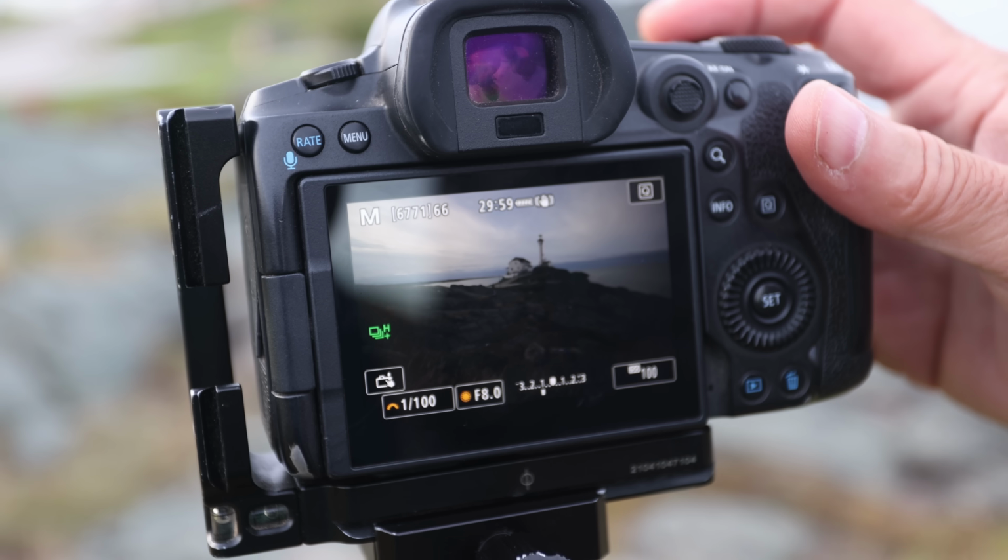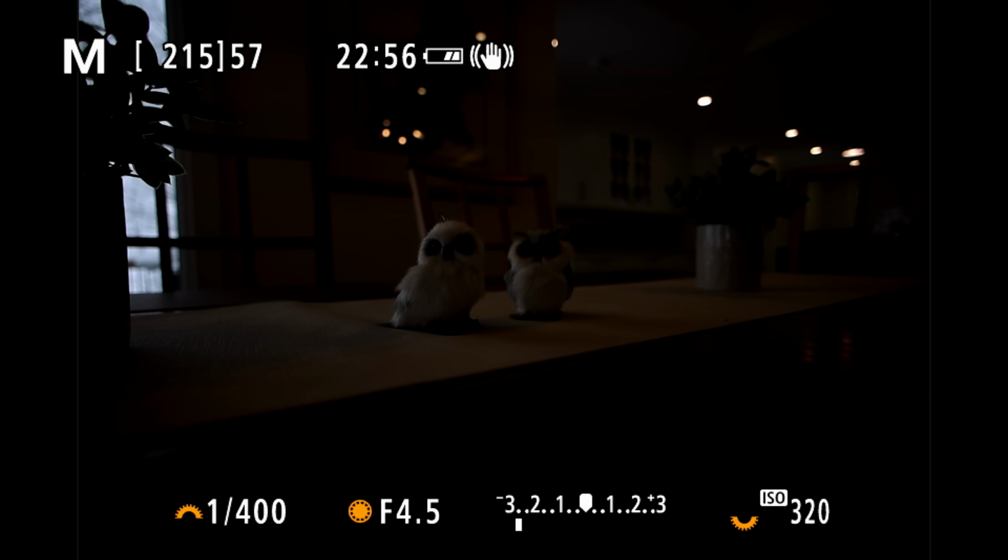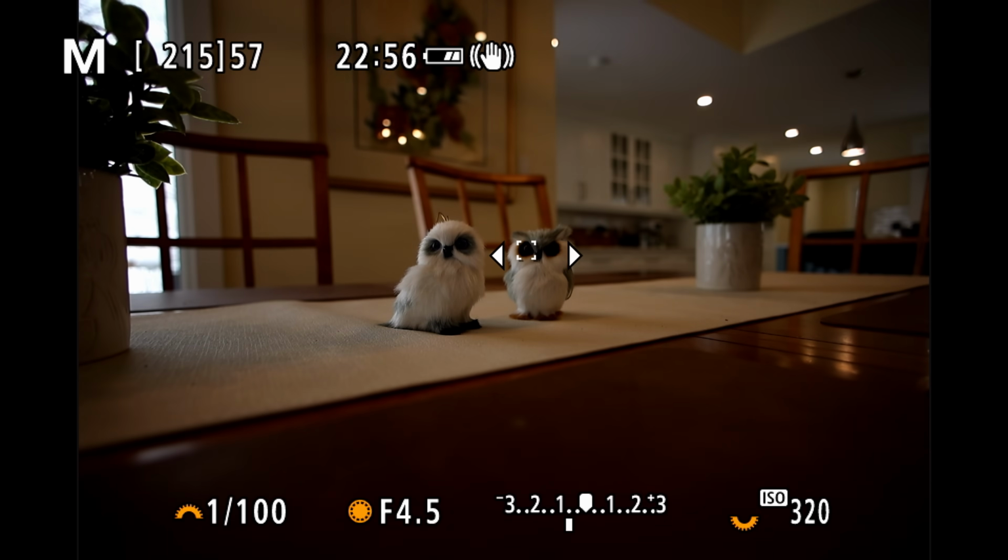In this video, I'll explain a method that you can use to get the right exposure and settings for all these genres, even if you don't know where to start. If you stay till the end, I'll show you how to do this in full manual, even if you've never